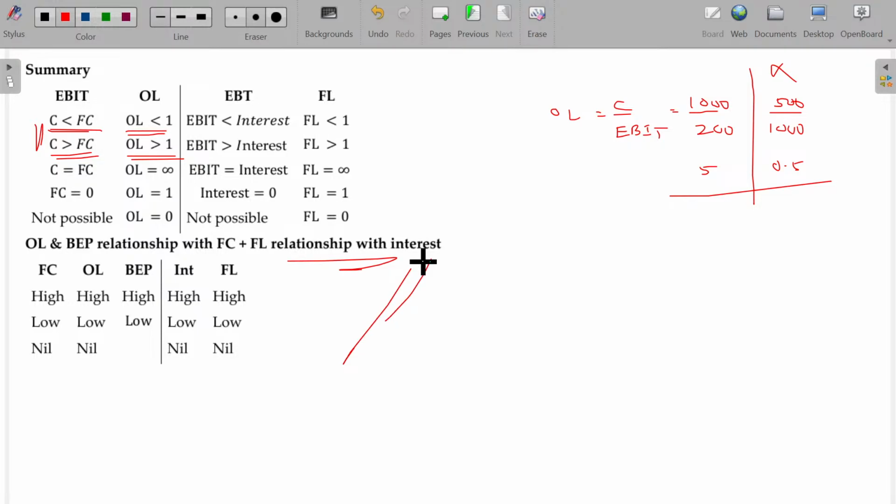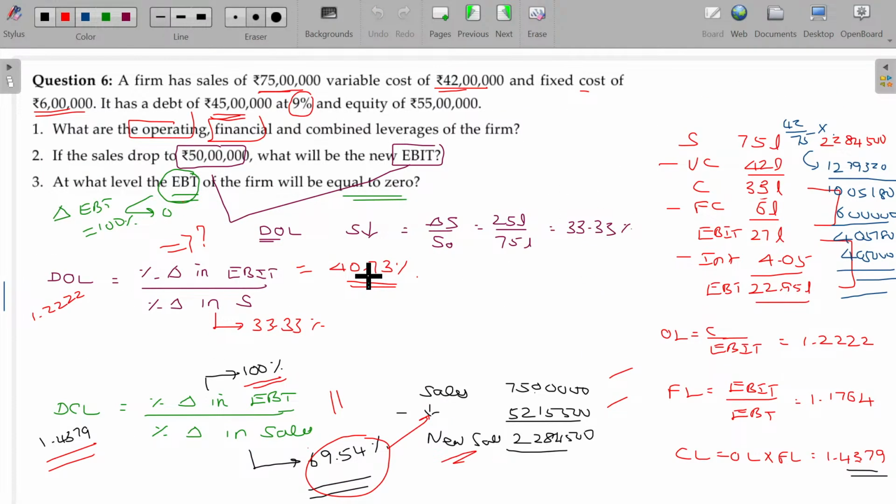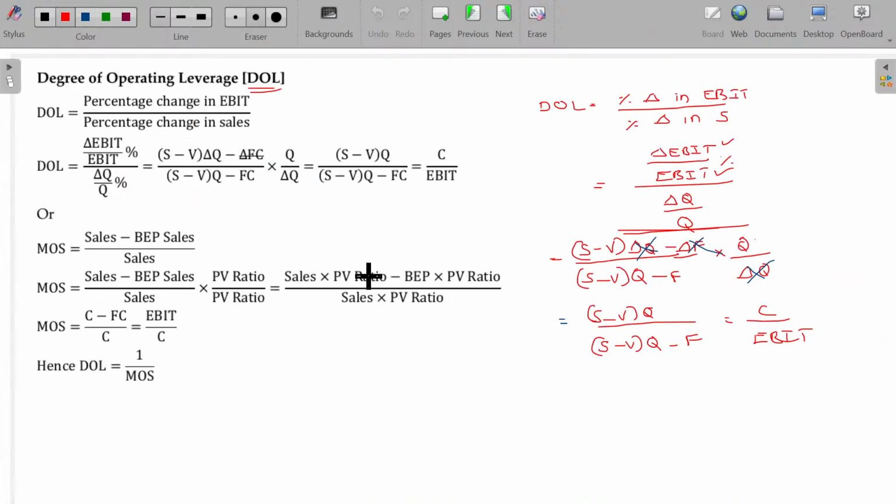Okay. Not more than that, you don't need to worry about this fixed cost and all other things. All of that we have already studied along with the illustrations. Now, if you apply those things, you will understand the logic and relationships easily. Clear? That's all. So with that, all the concepts are over. You can note it down for better understanding. Okay. With that, we'll conclude the leverages. The next chapter, ratios, will start in the next class.